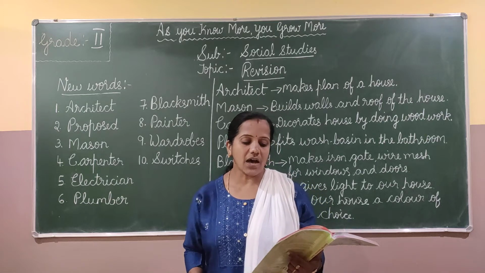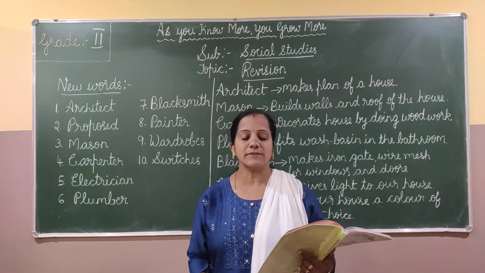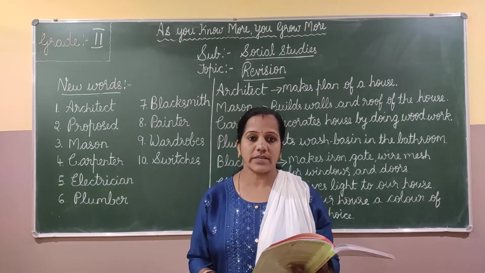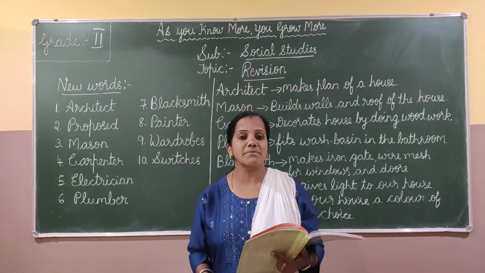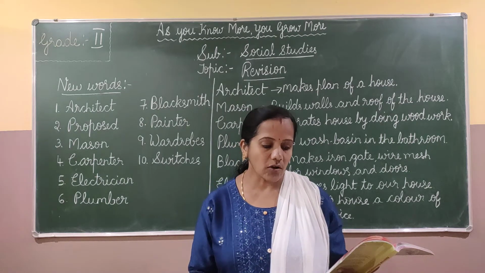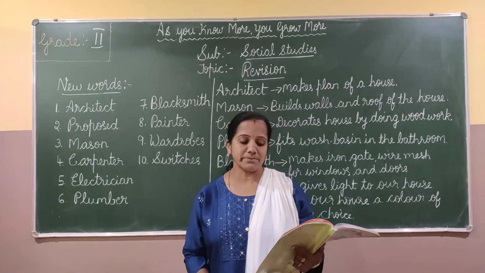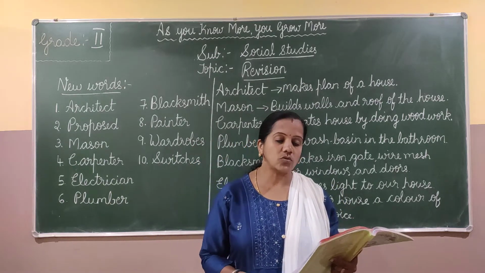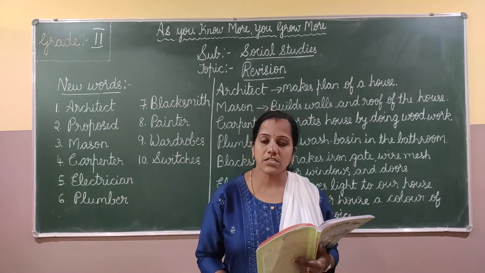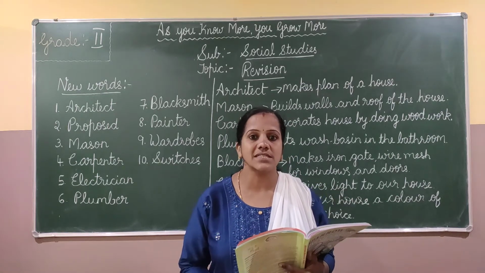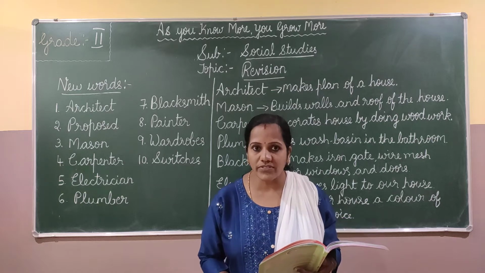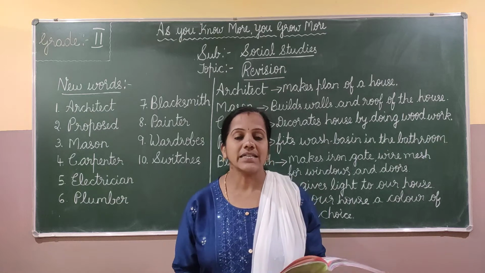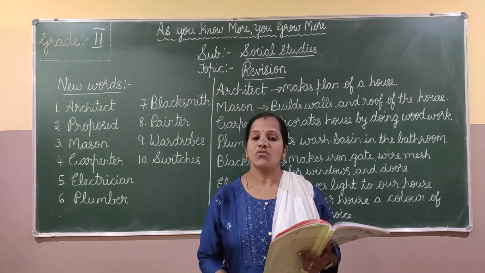Next, the roof of the house is made of iron bars and concrete. The roof should be strong, is it? So the roof of the house is made of iron bars and concrete. A blacksmith makes iron gates and wire mesh for windows and doors. So the next person who helps in building a house is a blacksmith. What is the work of the blacksmith? What does he do? The blacksmith makes iron gates and wire mesh for windows